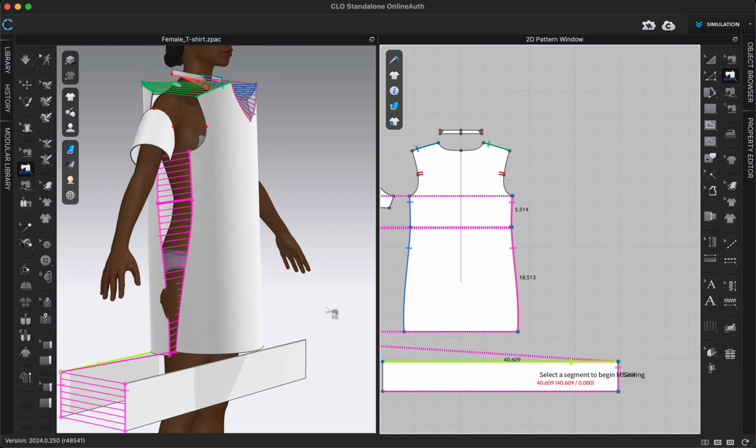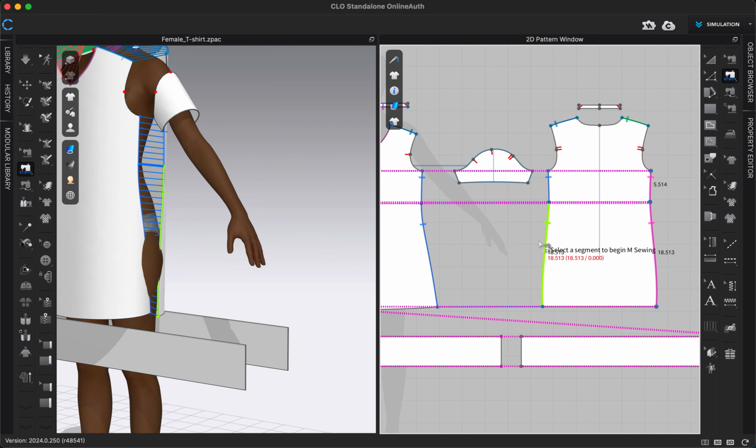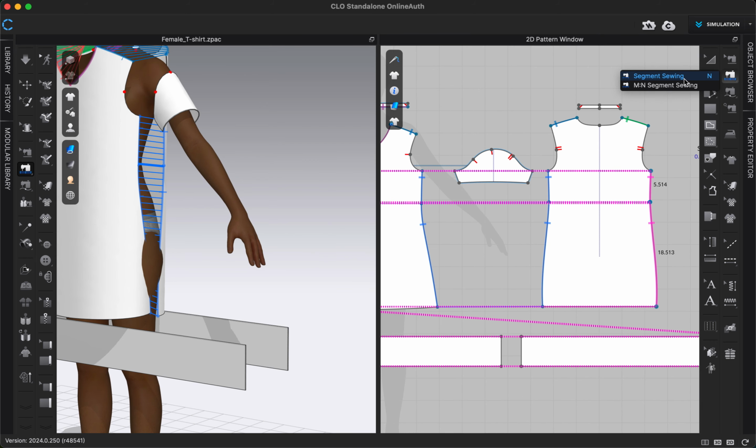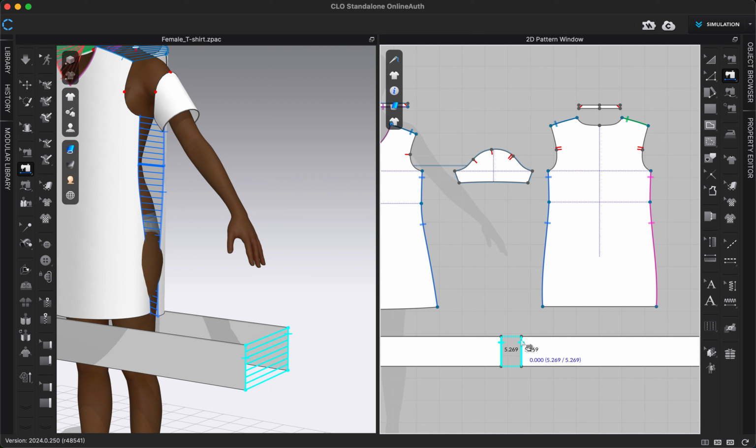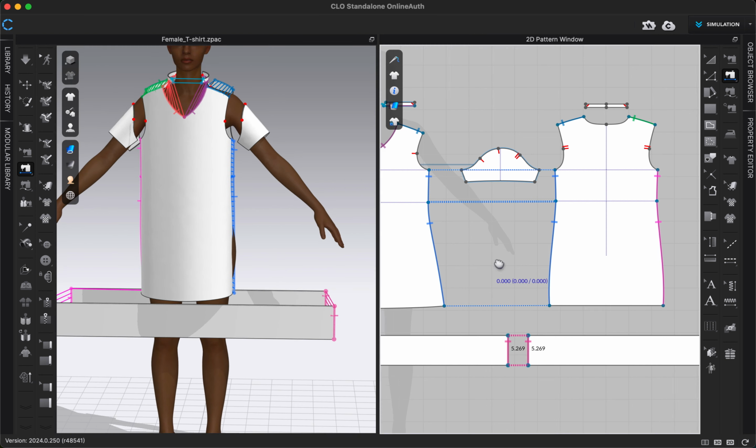So with in segment sewing, you can include multiple segments or multiple segments and multiple pattern pieces. Since I didn't include that rectangular sewing in my first in segment sewing, I'm just going to use regular segment sewing to sew that together also. Now we have our